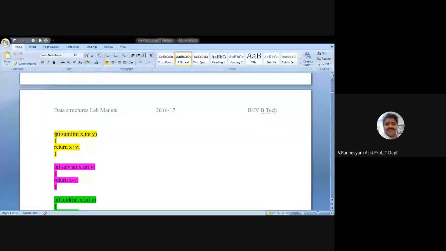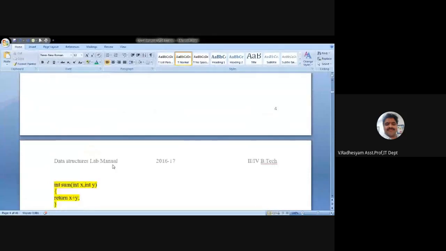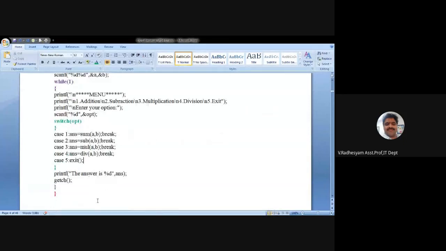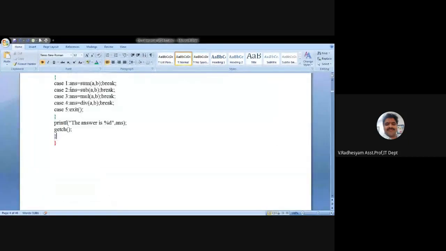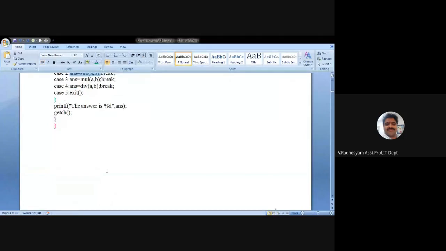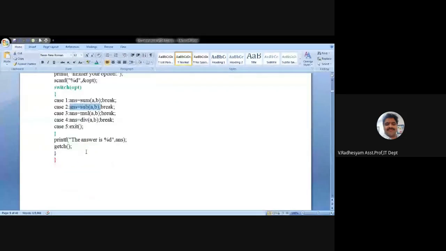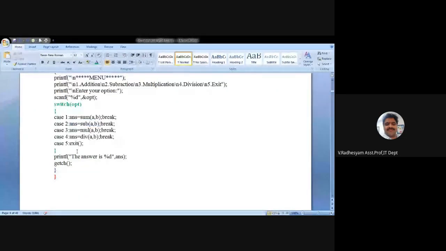That is 5, the value 5, which will be thrown to the main function, which is supplied to the main function. After the value 5 is thrown, it falls into answer. That will be printed here. That is the scenario, the same for all the functions. Here also the same: subtraction of A and B. So here A and B will be subtracted, which is placed in an integer value, and that is thrown to the answer. Same for multiplication, and for division also.